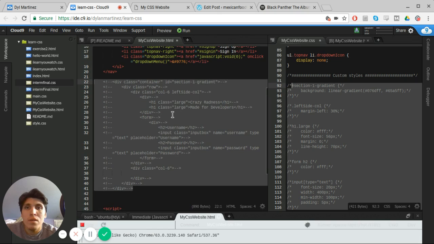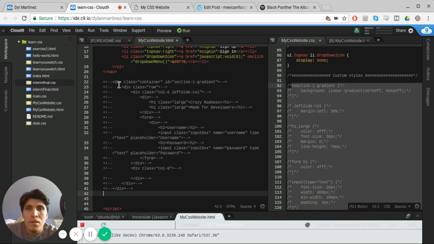We're creating a bunch of div classes. Let's take a look at it. We made a container, which was something we did a little later. We made an ID for section 1 gradient. And if I remember correctly,